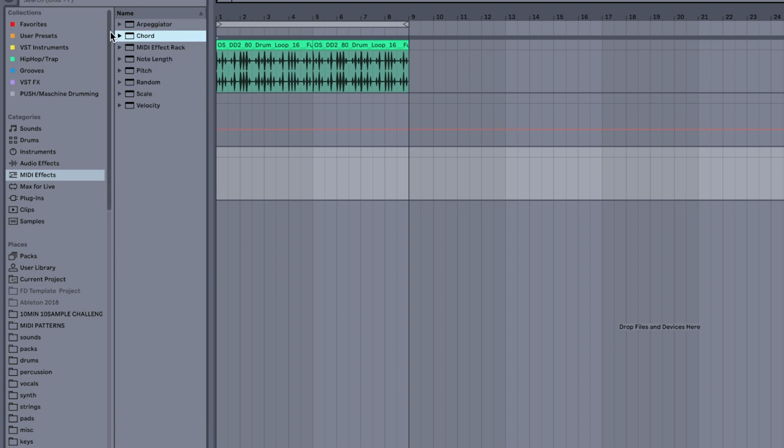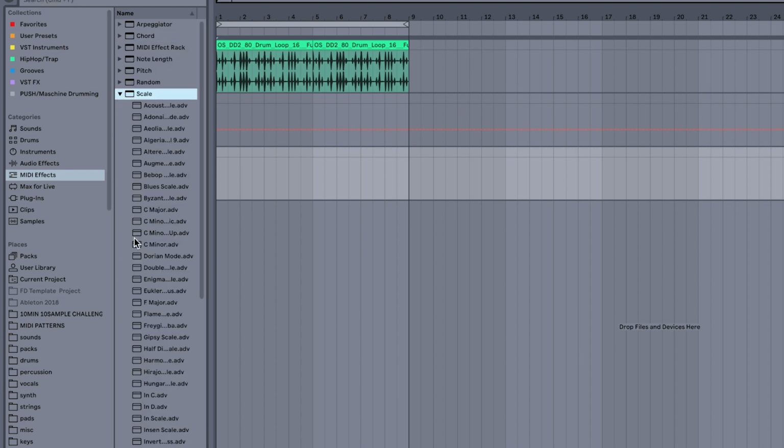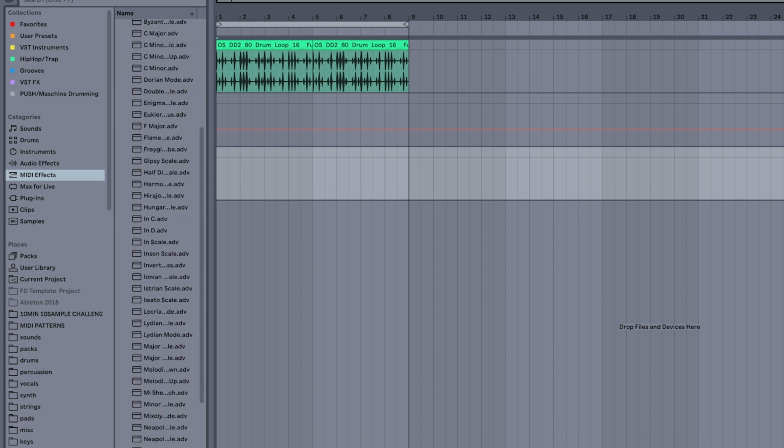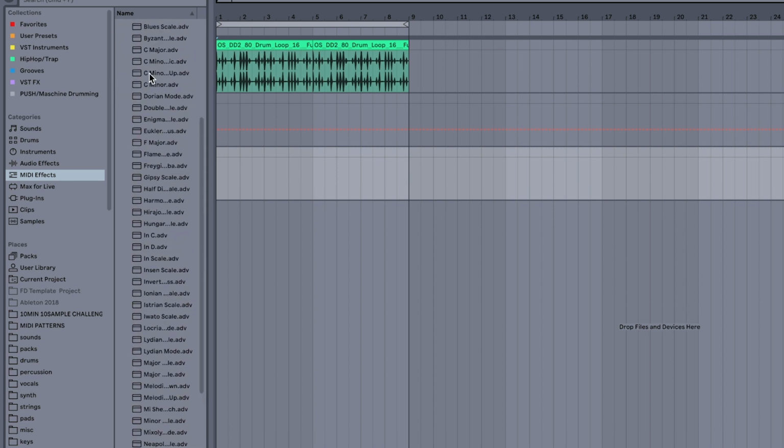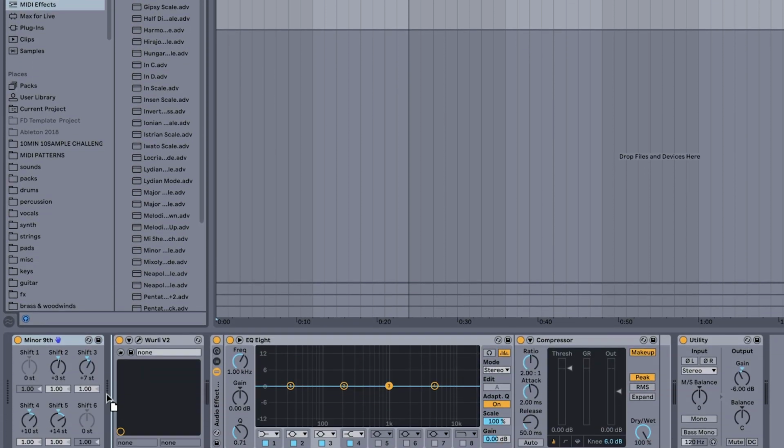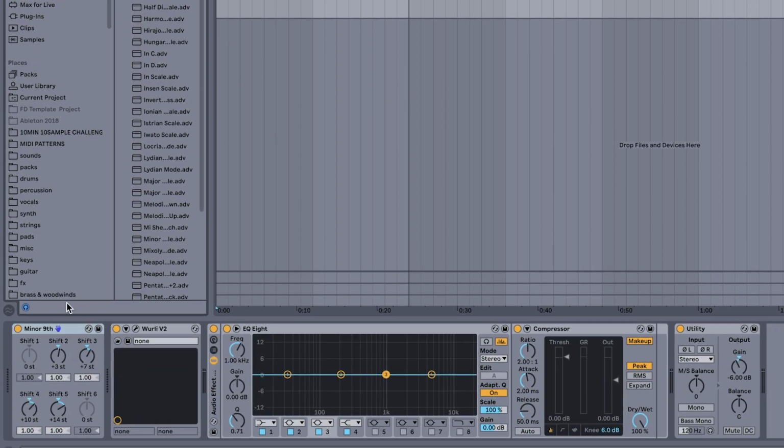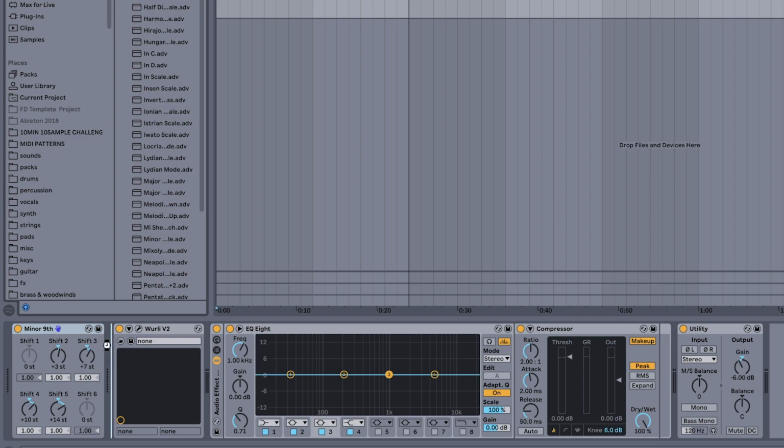And what I'm going to do is I have the chord here. I'm now going to go to the scale and put that at the end of the chord device. So I'm going to use the C minor scale. Now hear the difference with that. I'm going to go up. Here's A. Very chromatic. Now if I put the C minor scale tool right after the chord device,